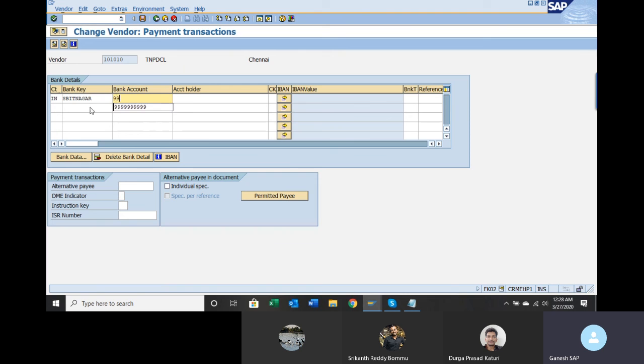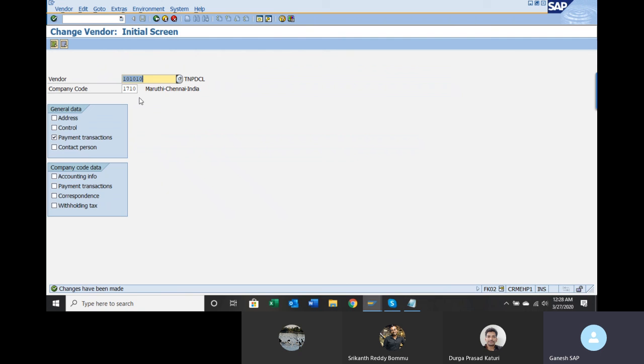For the bank account number, let us say all lines. Press enter. So this information is required. Save it. Since I told the system in the configuration that the account number is mandatory, whenever I try to make the payment, the system will look for the account number. If there is no account number, the system will throw an error message.